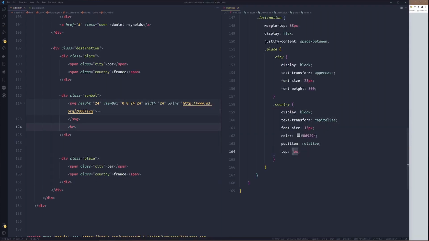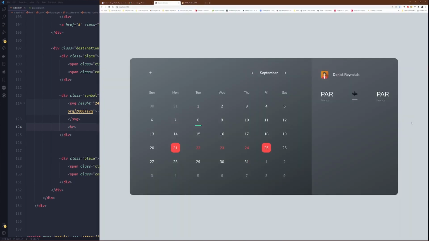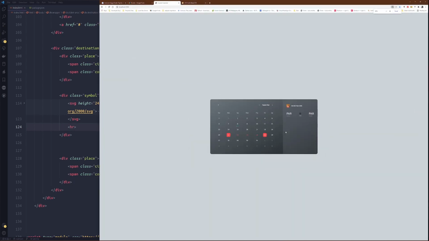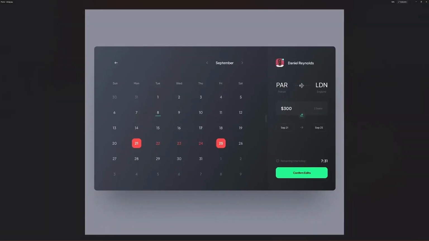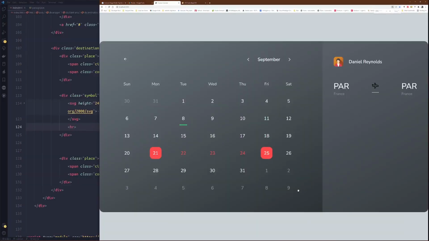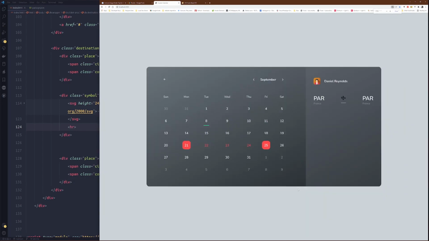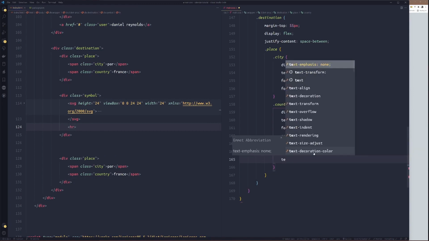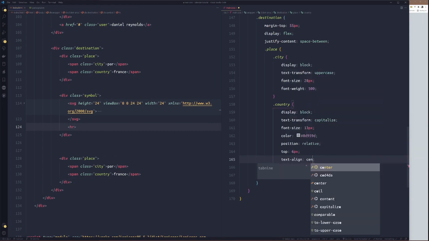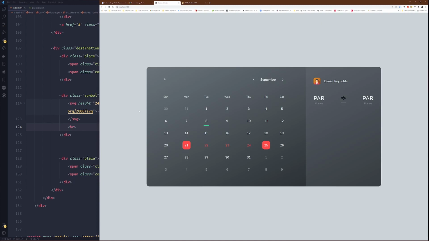Push them out small. Okay. So now, we'll text align center. Then I think that should be it for this.